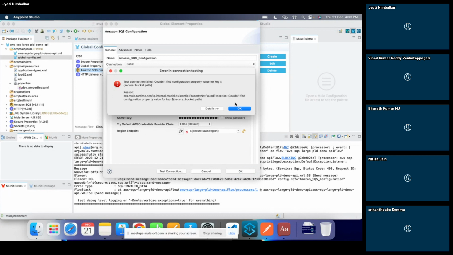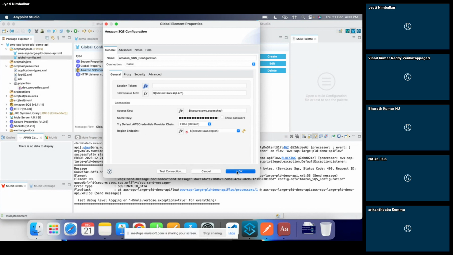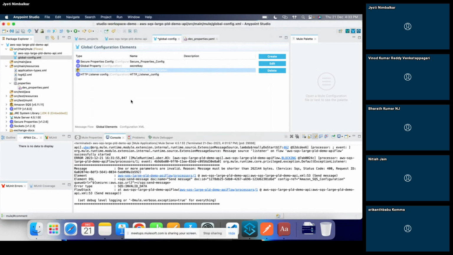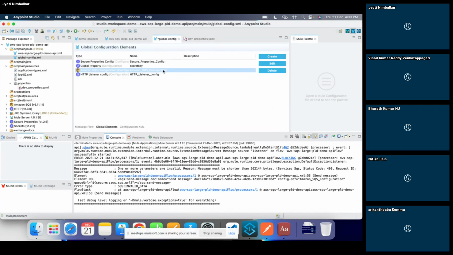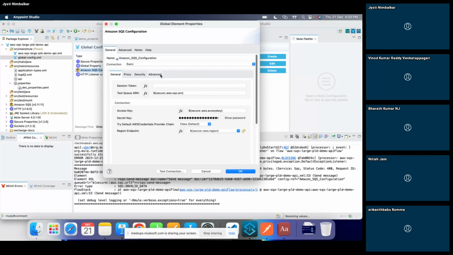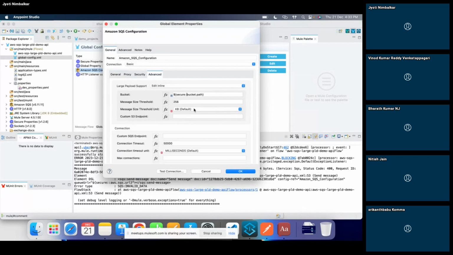Couldn't find configuration. Yeah, Jyoti, it's fine. Actually, you are using colon properties. That's why it may say test unsuccessful. Yes, actually it is AWS bucket dot path. I guess I have just given bucket dot path.